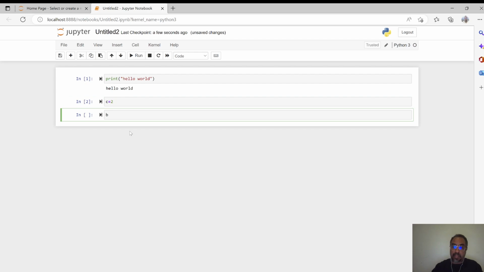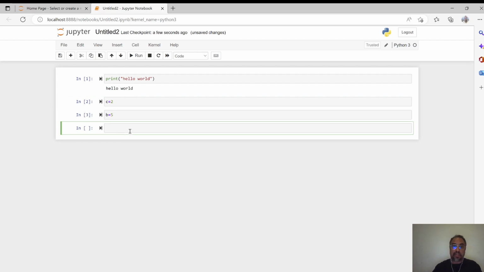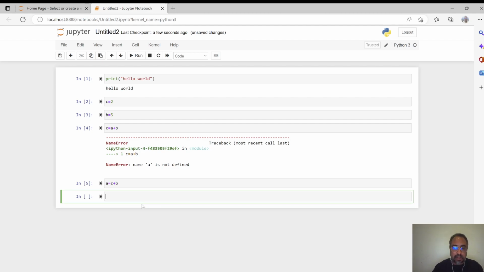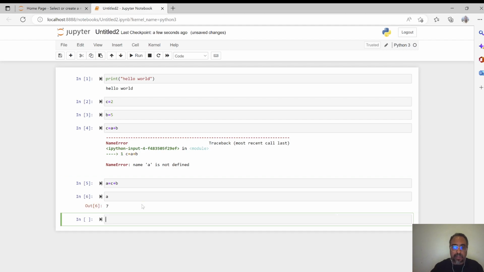For example, B5. C is equal to A plus B. A is equal to, what are the variables? C plus B. Print for me A. Okay, they can use Jupyter